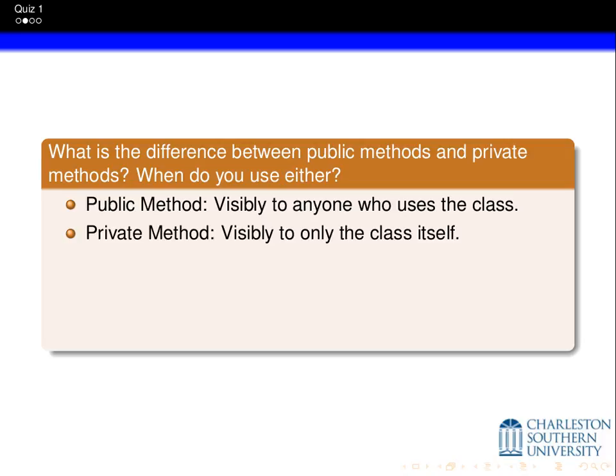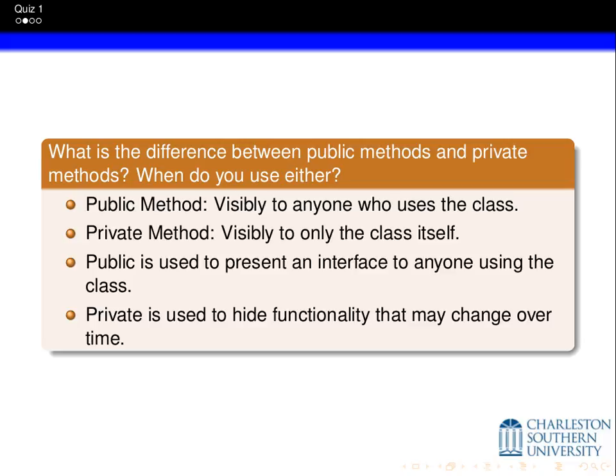Don't give more functionality than is necessary. So yeah, public's an interface to anyone using your class, and private's to hide functionality that may change over time. A great example of this is we'll talk about a list class,